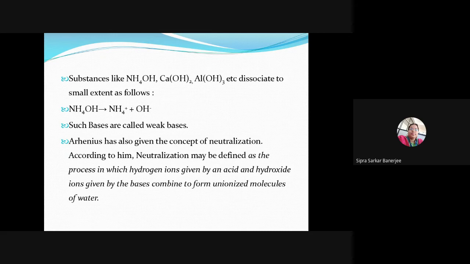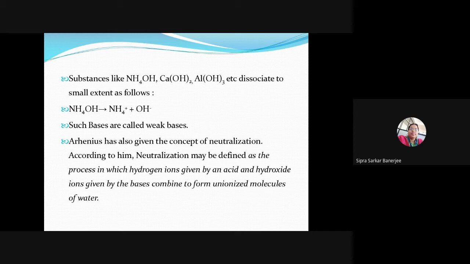Next, substances like ammonium hydroxide, calcium hydroxide, aluminium hydroxide dissociate only to a small extent. That's why they are known as weak bases, like ammonium hydroxide giving NH4+ and OH- ions. According to this concept, Arrhenius also gave the concept of neutralization. According to this theory, neutralization may be defined as the process in which hydrogen ions given by an acid and hydroxide ions given by the base combine to form